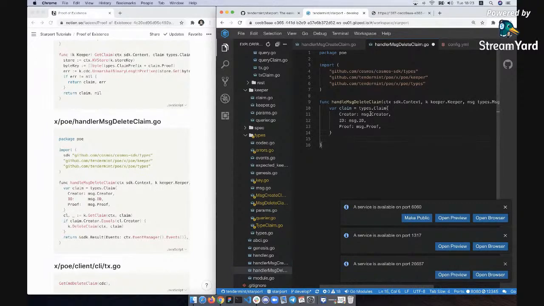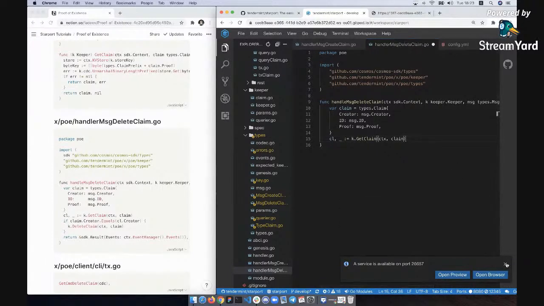Now what we need to do is get the claim first before we can delete it, to check that the creator of this claim is actually the person that submitted the message in the first place. So we will take our keeper and call the getClaim function. We don't have this function yet. We'll implement it next. But what it will do is it will return the claim,